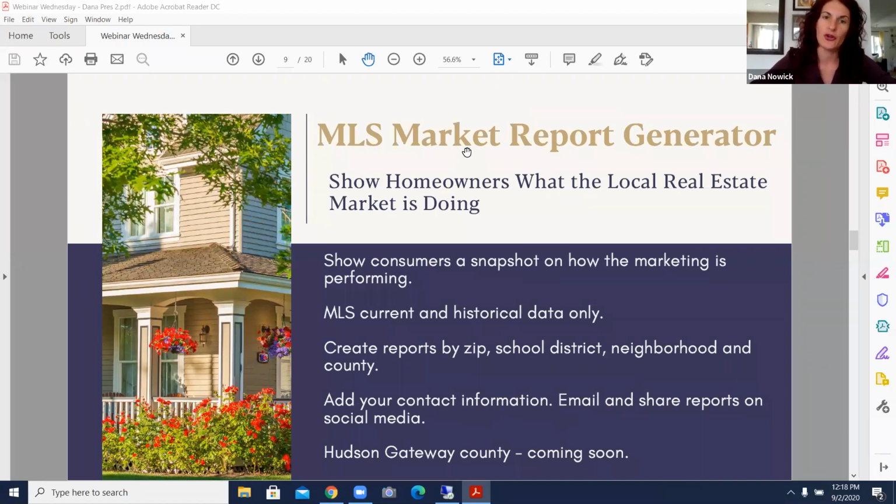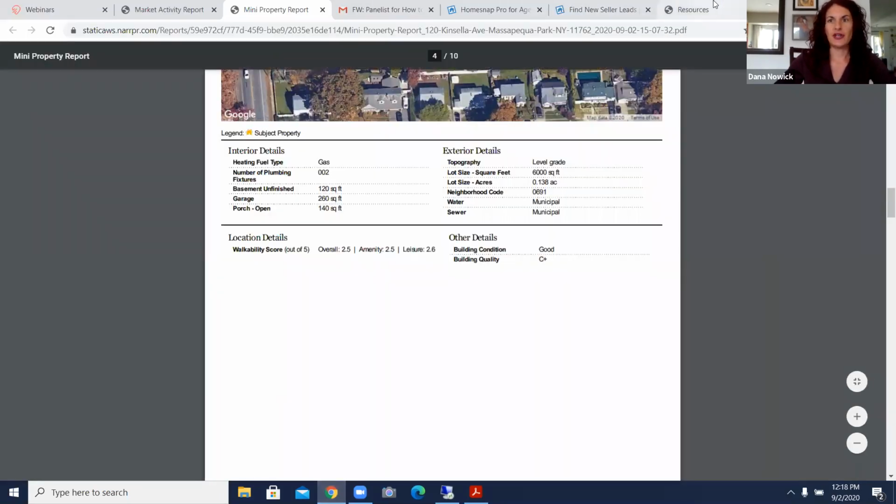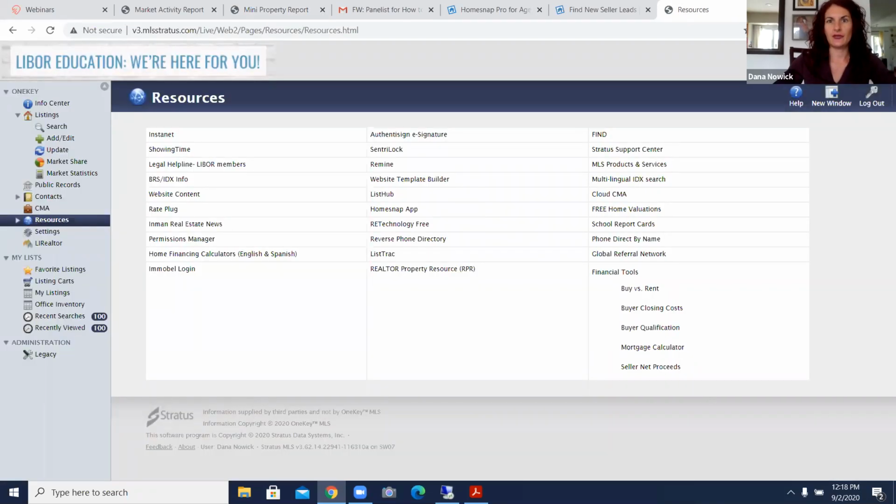It's got some smaller reports, but the MLS market report generator is a great one-page marketing tool that you can use for prospecting sellers if you want. So let me just show you what that is. And it's free. And the market report generator is located in, again, bear with me as I navigate through these tools. So it's on